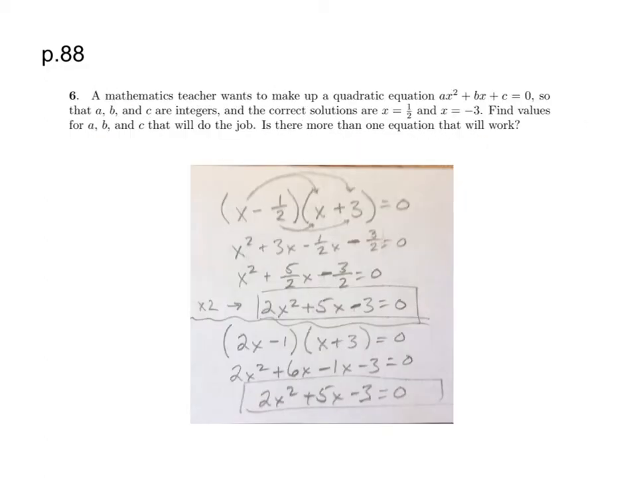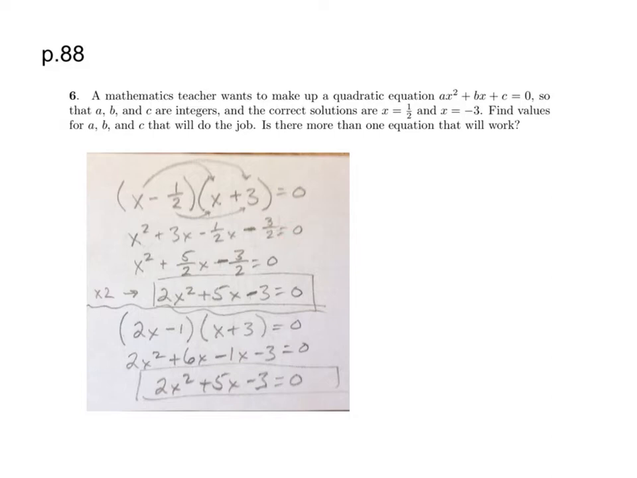A mathematics teacher wants to make up a quadratic equation, ax squared plus bx plus c equals 0, so that a, b, and c are integers. The correct solutions are x equals 1/2 and x equals -3. Find the values for a, b, and c that will do the job. Is there more than one equation that will work? So